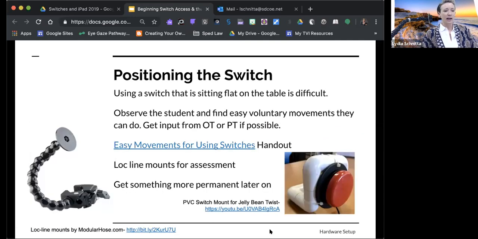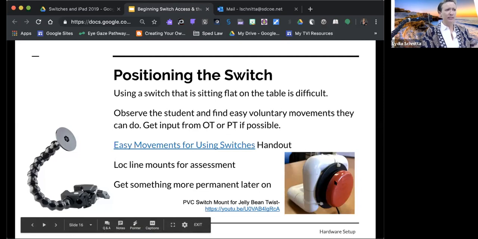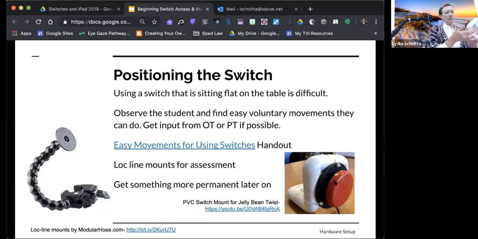If you're not just trying to access it right in front of the student on a tray, you'll need to have some way to mount it. Even just setting the switch perpendicular to the table works. I used a couple dollars' worth of 90-degree half-inch PVC pipe from Home Depot and three zip ties, and having the button this way, using the table, it's a lot easier to access because the student can use the table